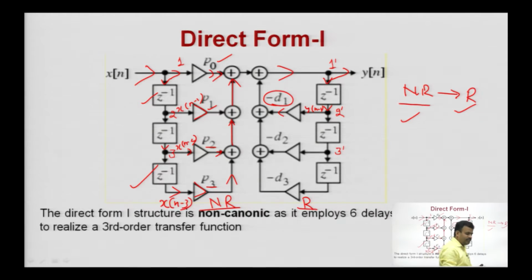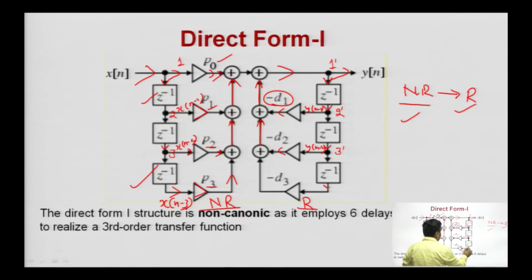Further, if we see some examples, then it will be clearer to all of you why we are taking this. These are some coefficients and you can take them as per the given difference equation. Again, y of n minus 2, your output is delayed by one more sample, and through this multiplier it goes to the adder, and this goes to this adder and this goes to this adder.